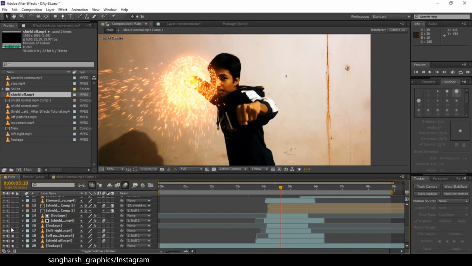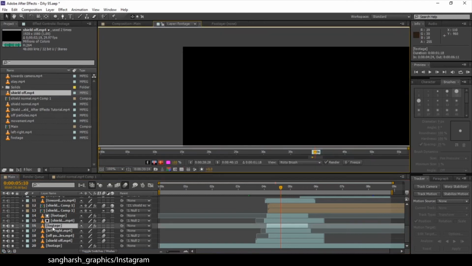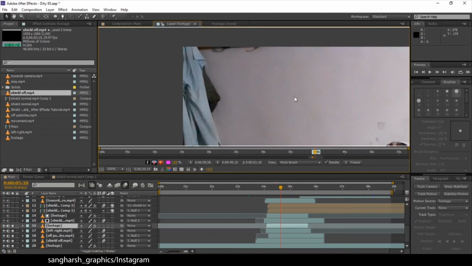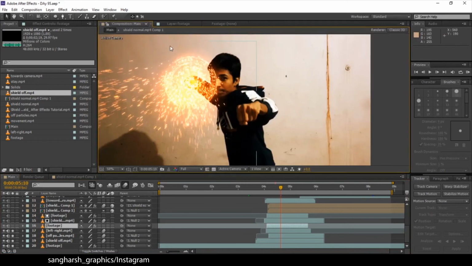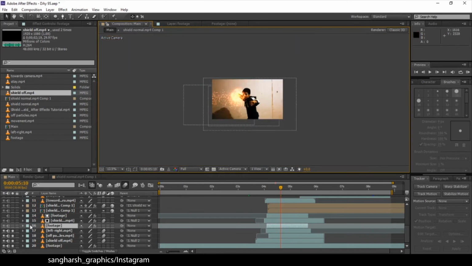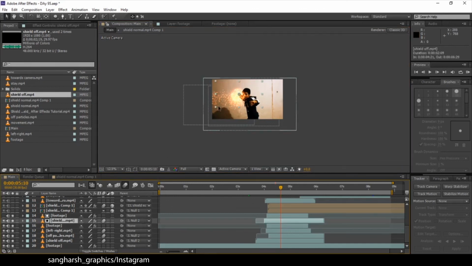So I just roto'd my face for some frames until the shield is inside. Then I roto'd all the layers and added a little bit of glow on this layer.